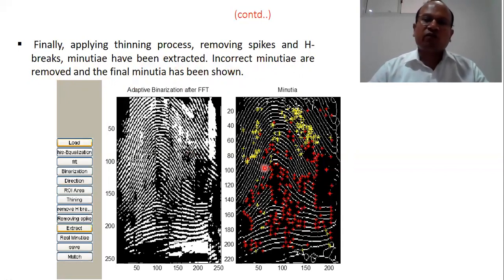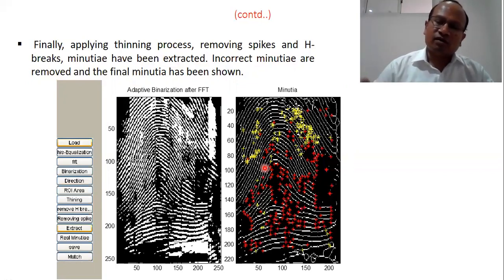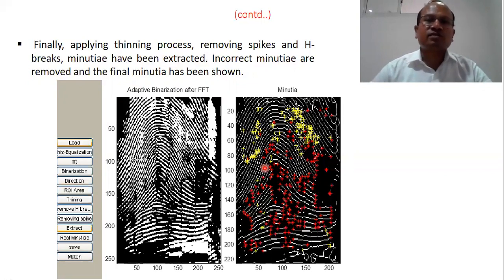Sometimes we can find a structure that looks like an H, or similar structures, which are neither appearing as terminations nor appearing as bifurcations. So such patterns are treated as not correct minutiae, and therefore those patterns need to be removed.